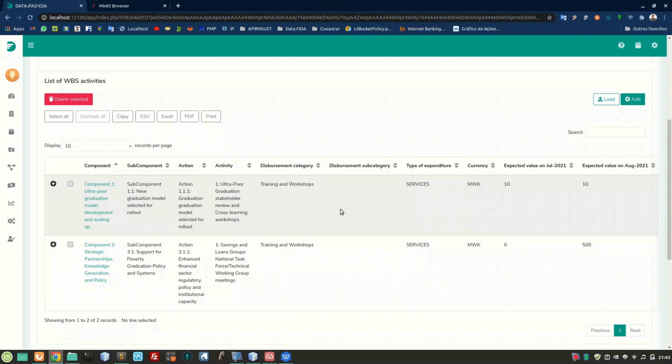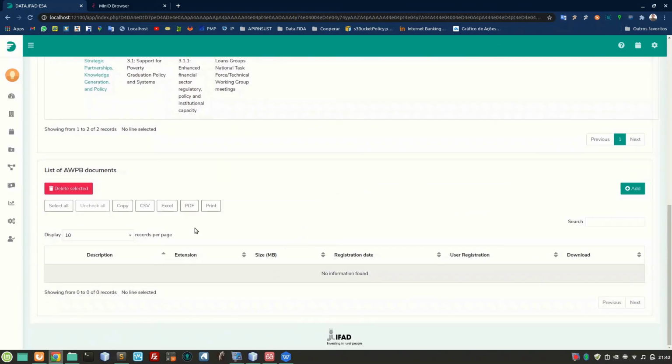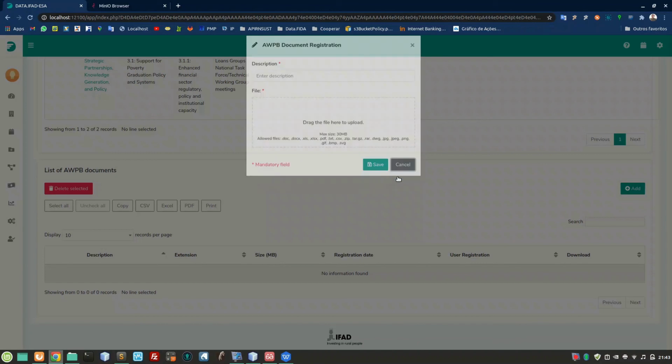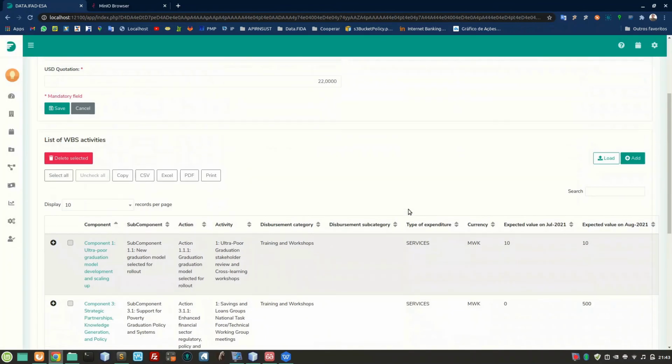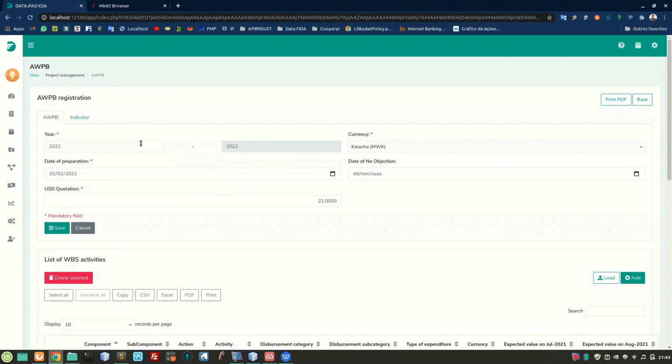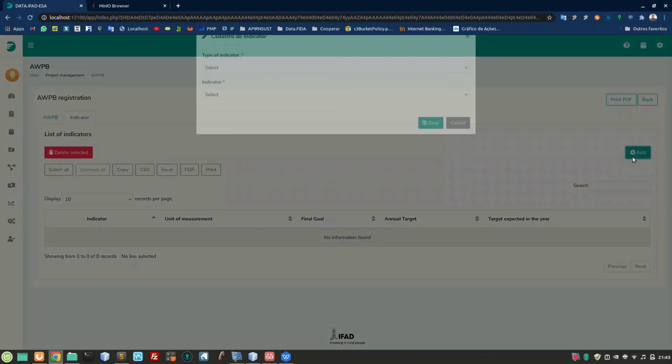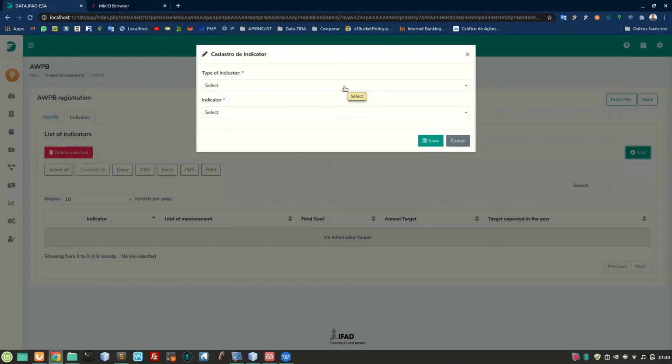We can also add documents for that same WPB. Here you should inform the description for that document and select which file we want to upload. We should also link indicators to that WPB. For that, you just have to move to this indicator tab right next to the WPB registration. And to link a new indicator for that specific WPB, go to the Add button, select the indicator type,